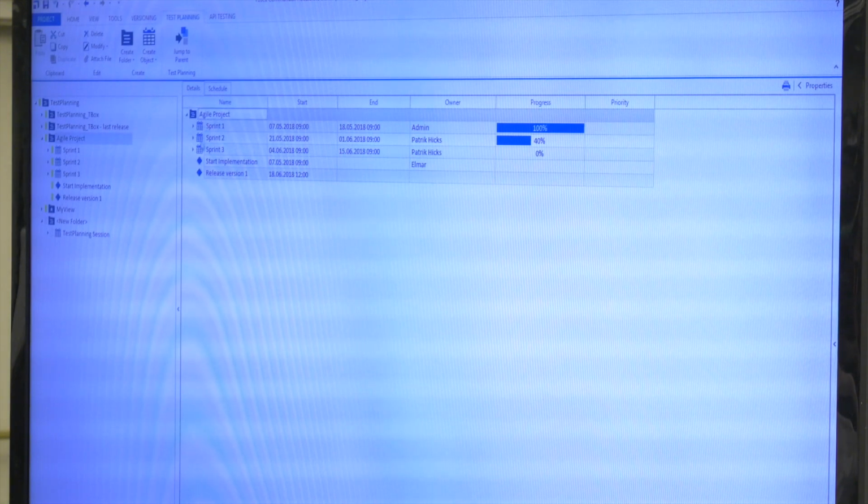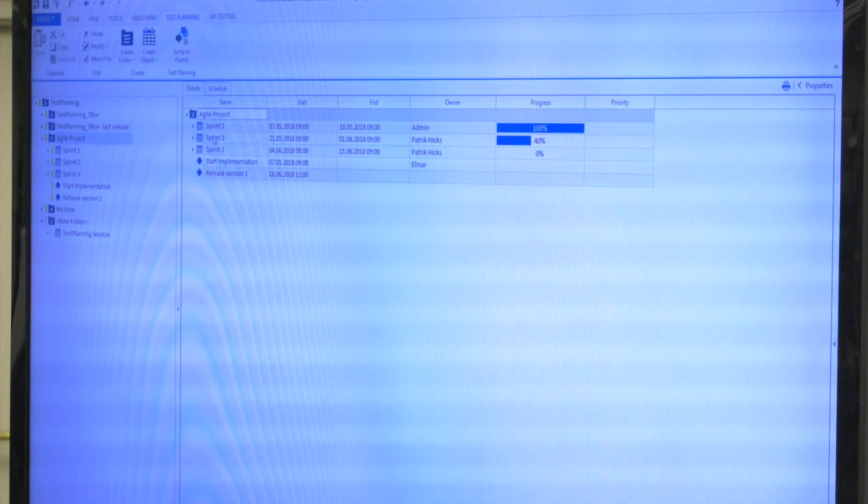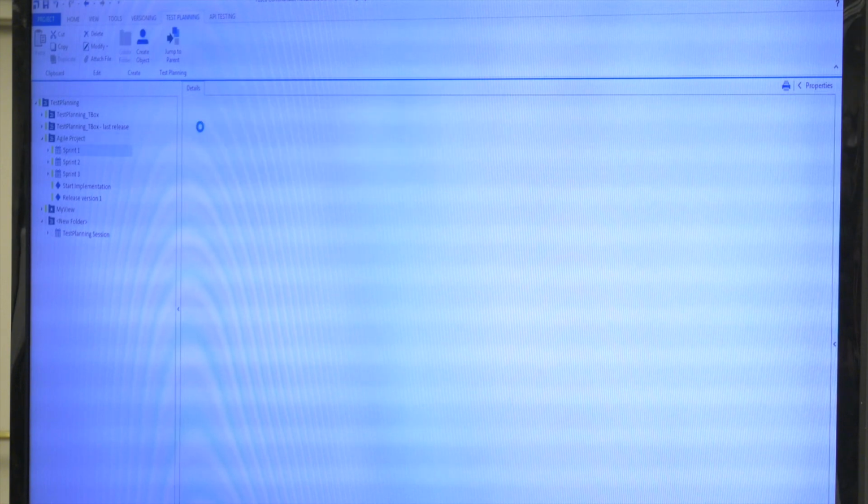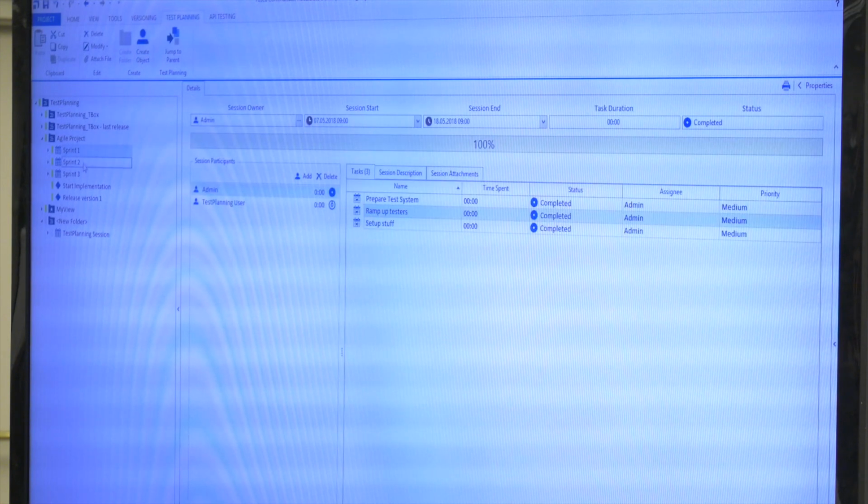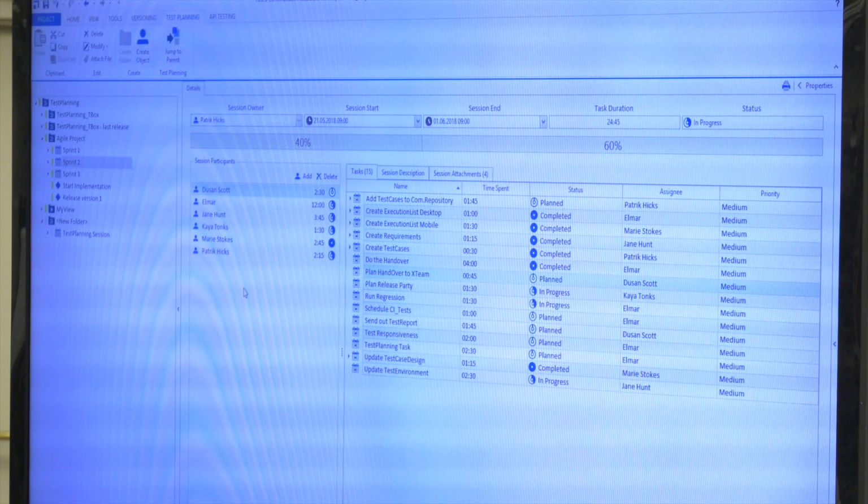So here you see that we have 3 sprints, each is 2 weeks, and we also have some milestones. So at some point we start with implementation, and at some point after 3 sprints we want to release. What you get is, let's look at this one, or let's take this one. We have more people in there, so you can add a bunch of people to the session. So those 6 guys are actually meant to do something within the time box, and you can also define a